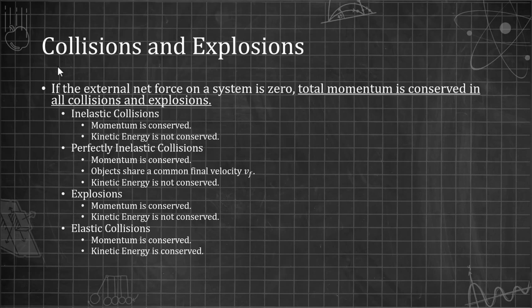So just to recap, what we've learned from these slides and from this video is that if there is no external net force on the system, then the total momentum is going to be conserved in all collisions and explosions. So breaking this down, for inelastic collisions, momentum is conserved, but kinetic energy isn't. Same thing goes for perfectly inelastic collisions. Momentum's conserved, kinetic energy isn't, but we get that added thing there where we have the shared final velocity Vf,